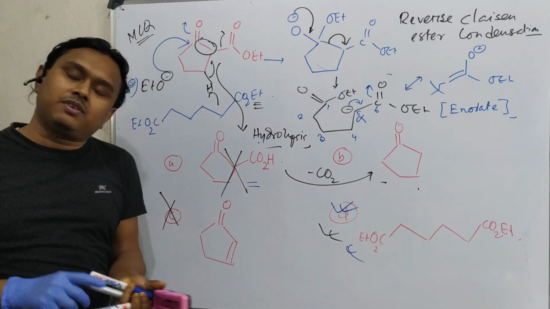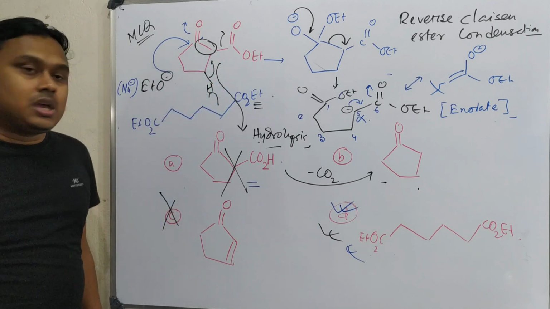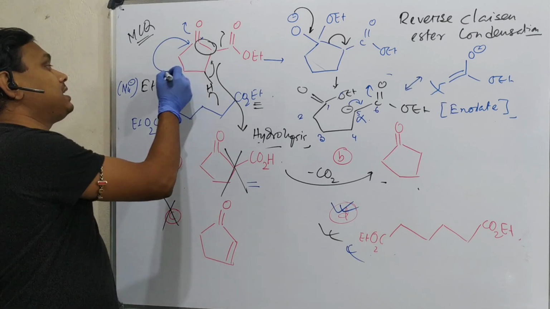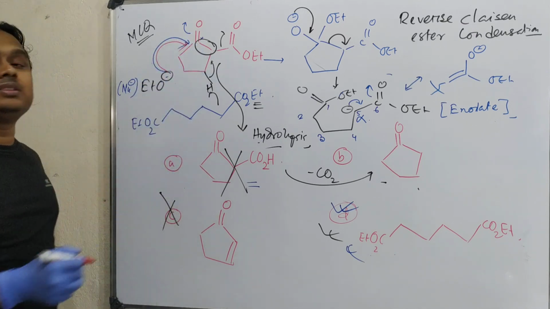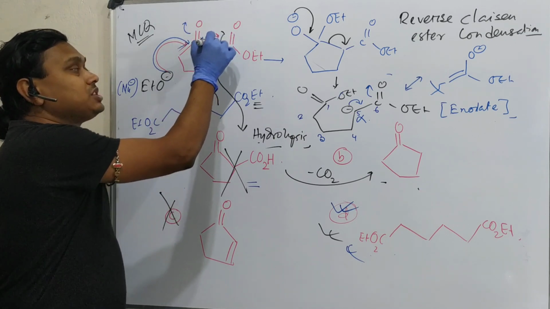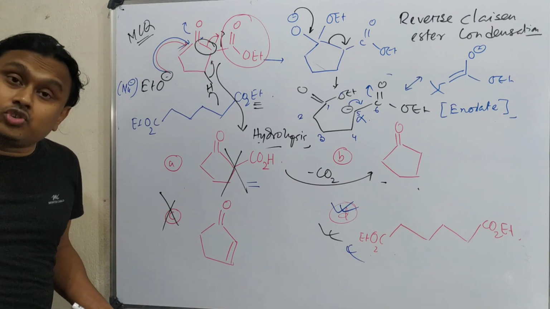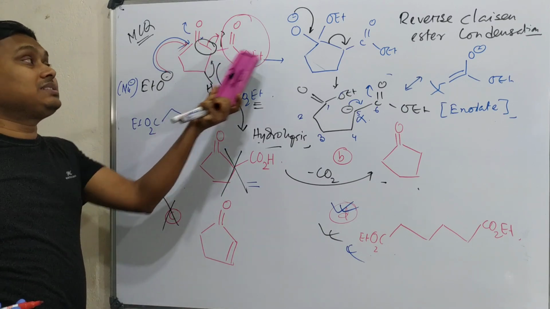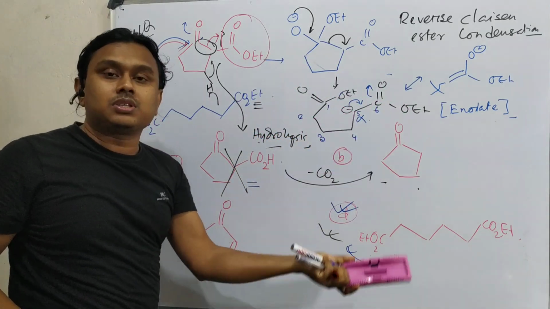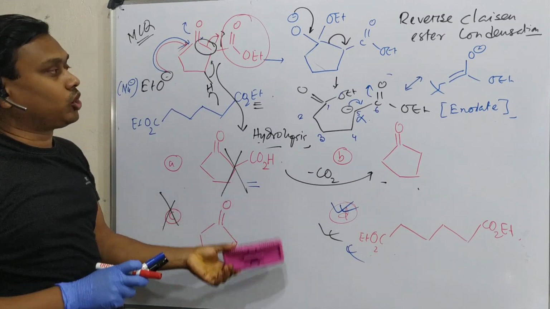If in the exam it is given and you have 30 seconds, how can you solve it? First of all, look at the molecule and see where reaction is possible. Acid-base reaction is possible, but that does not have any fate. What is possible is that this OEt can attack as a nucleophile on the carbonyl carbon, and if it attacks, then first addition, then leaving of this is possible, since the alpha carbon is attached to an ester, which is an electron withdrawing group. That's why it is capable of stabilizing the minus charge on the adjacent carbon, that is the alpha carbon. So based on this very simple information, in less than 30 seconds you can solve the problem.